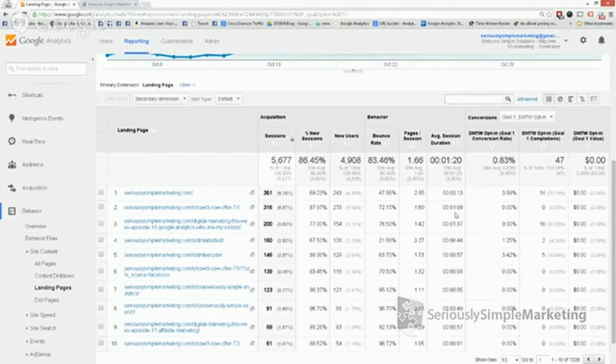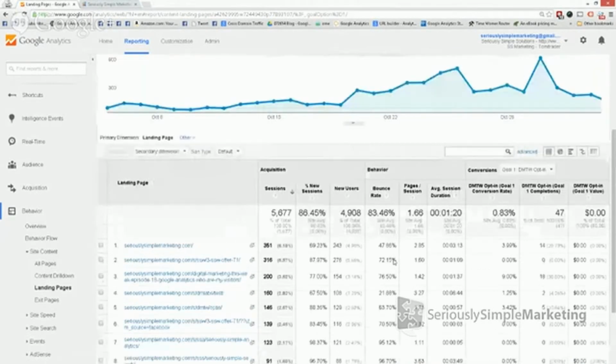They just maybe get a notification from Aweber that says, hey, somebody signed up. But in this case, we can tell what's working and what's not. We know that these DMTW posts are now working better than the homepage. The other thing we've got is the actual opt-in form itself. So when you're new and we're advertising on Facebook, we can see what's triggering on opt-in forms. So that's the landing pages.